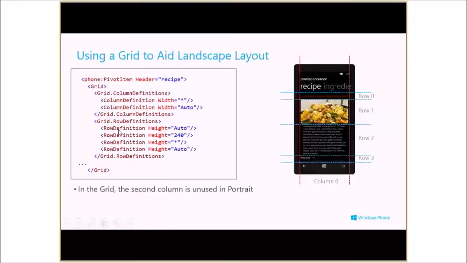For this example, that would mean that the second column doesn't mean anything. We've got 4 rows. Row number 0 is the one that is automatic, which means that the height of this row will be